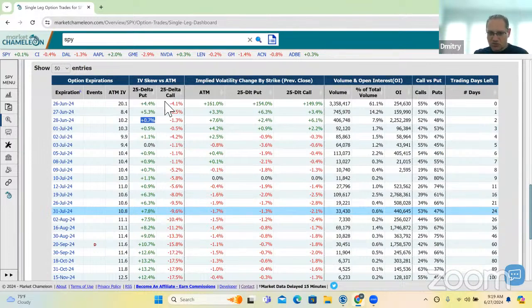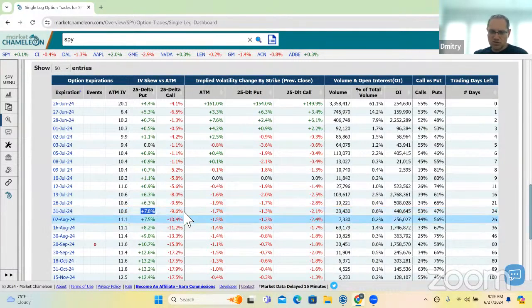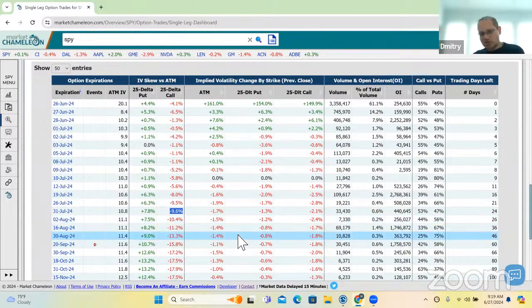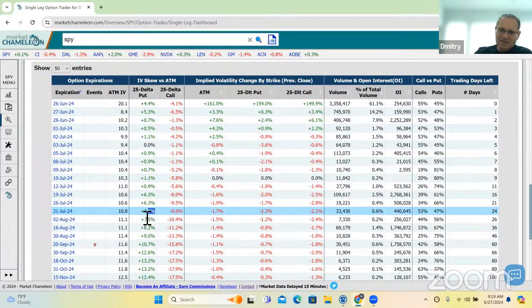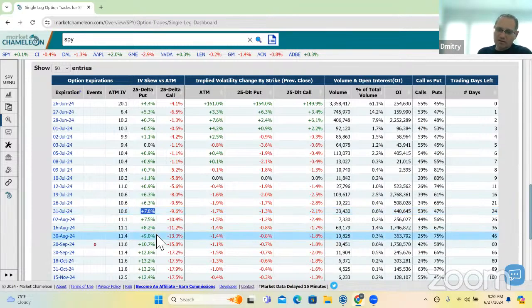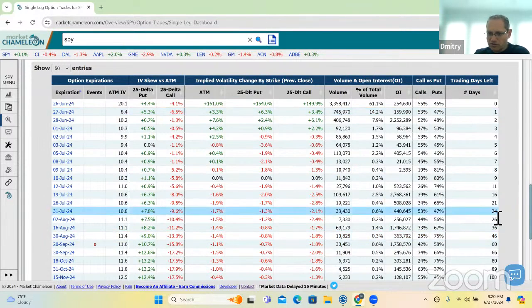And especially look how, as you go out in time, you can see how the skew is different. Here, July 31, which is 24 days away, you can see that the 25 delta call is 9.6% below the at-the-money implied vol. The 25 delta put is 7.8% higher than the at-the-money. So we can see how going to the upside, implied volatility is sloping lower, and going to the downside, it's sloping higher, right? So look over here, you can see 24 days to go. And if I click on it, July 31st,